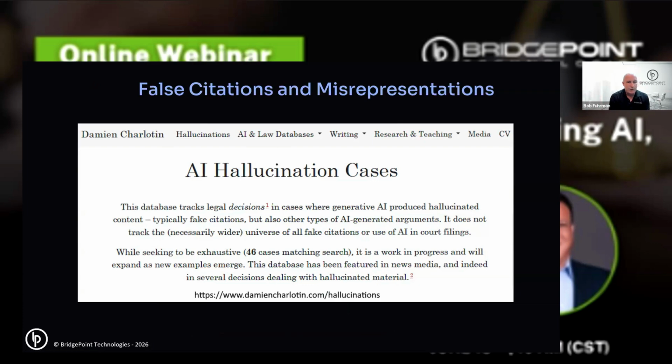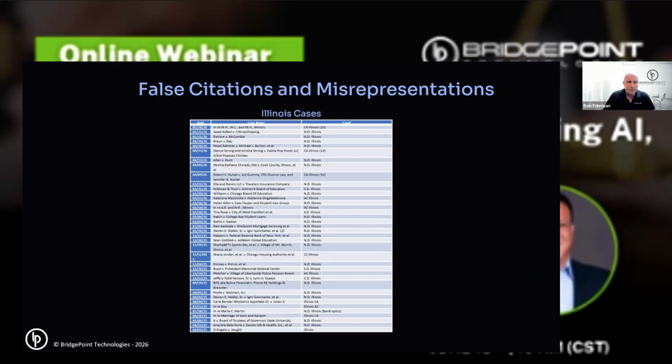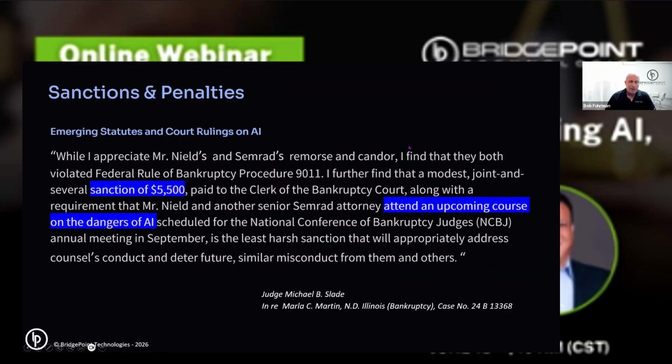There's so many of these happening now. There's a person that's tracking them globally, which is pretty neat. The link there is at the bottom, and you can go in and even search by state. I don't expect you to read this, it's an eye chart, but these are the recent ones from Illinois. It tells you when it happened, what court it's in, et cetera, and you can drill in to see where there's sanctions.